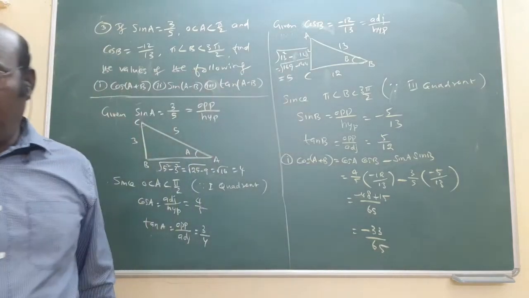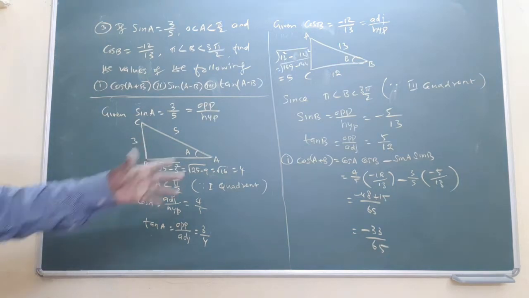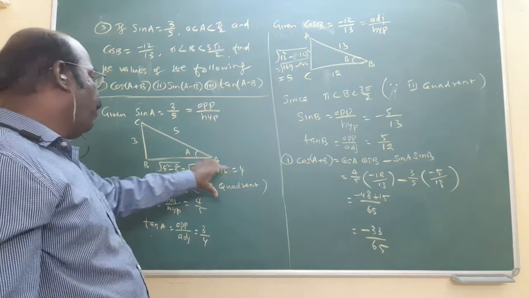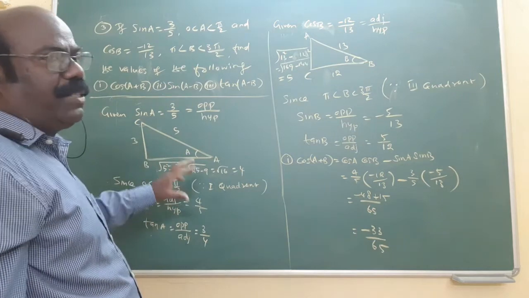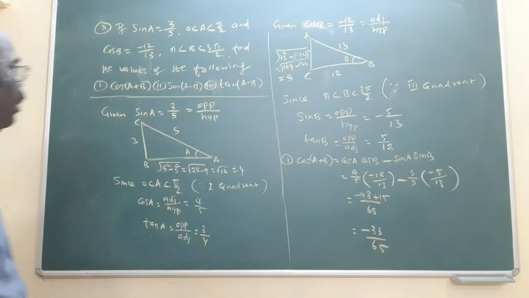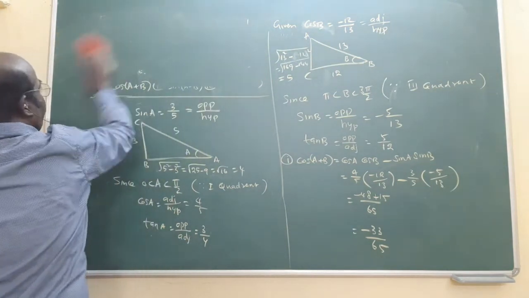First answer over. In this way we will find the first answer. Depending upon the sign, you may use negative or positive. That's very important. In calculation, the square root is only positive, but depending upon the quadrant, you may use negative or positive. That was the first subdivision. Now I will start the second subdivision. What is the second subdivision?